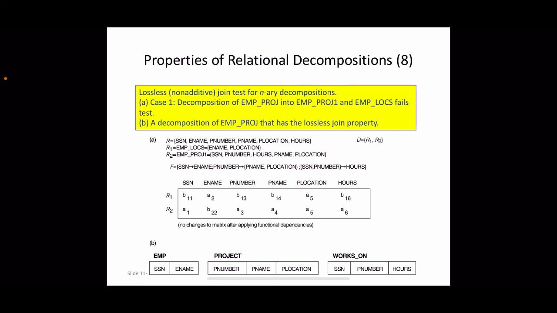Okay. Now coming to the next example. So we have here employee with 2 attributes SSN and ename, project having 3 attributes, and works on having the 3 attributes SSN, P number and hours. So let us see how this algorithm can be applied to this decomposition.